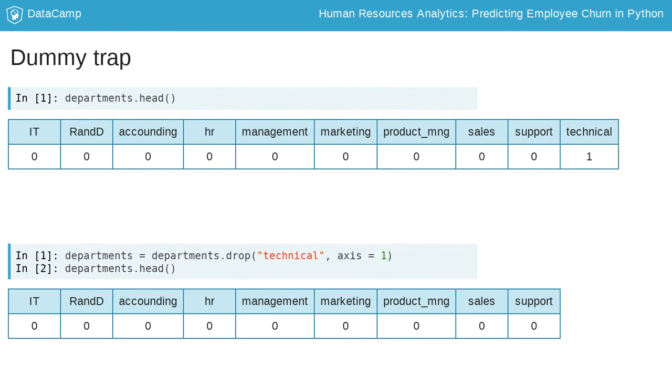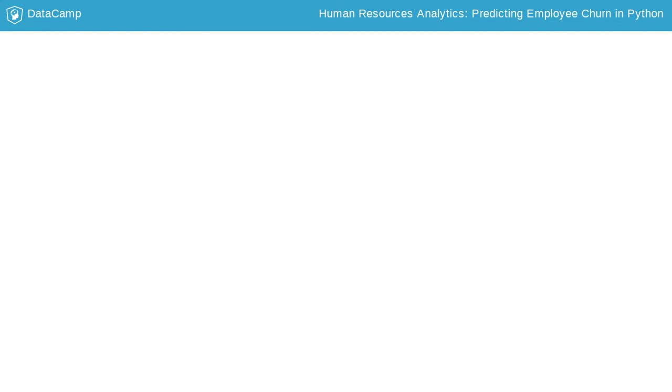In the second table, the last column is dropped, but we can still understand that the employee is from technical department by looking at all the other departments that have value of 0. For that reason, whenever in similar situations dummies are created, one of them can be dropped as its information is already included in others. Okay, time to put this